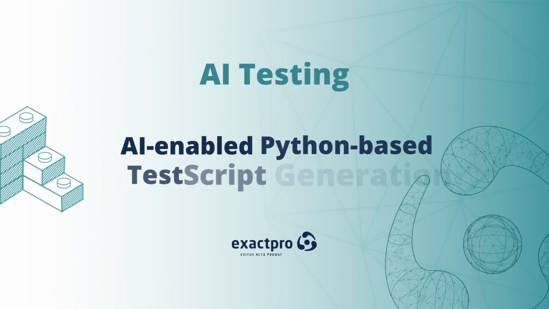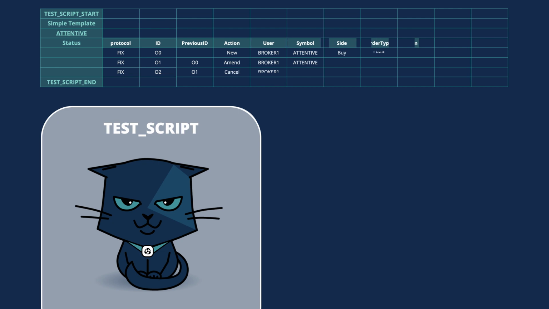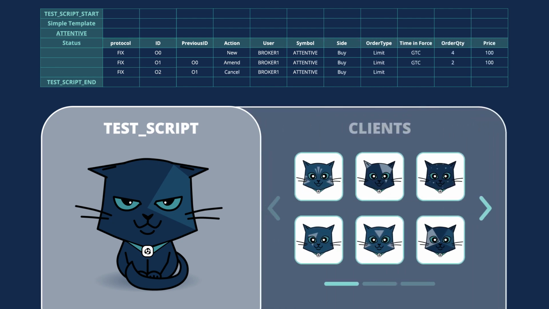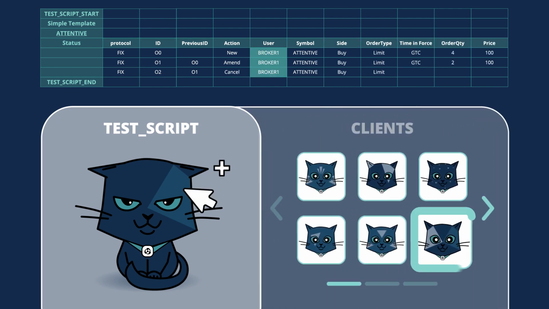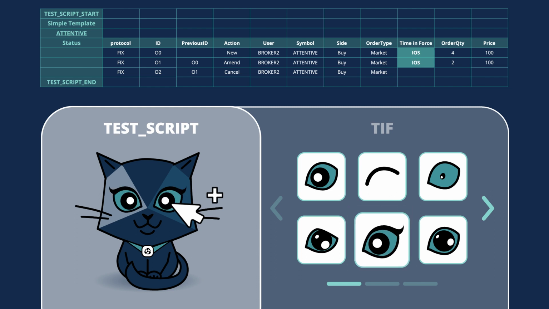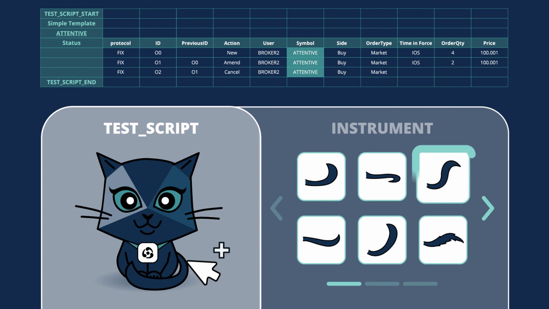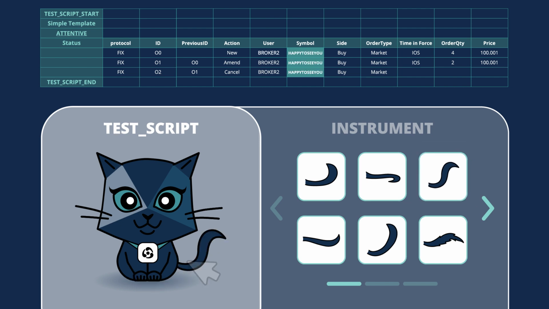Let's see AI-enabled test script generation and optimization in action. We'll look into test script generation first, using an exchange system as an example. A test script consists of lines of code that include variable parameters such as types of clients, order types, time in force, price ticks, financial instruments, and others. The parameters will be iterated through in a nested loop based on the pool of relevant